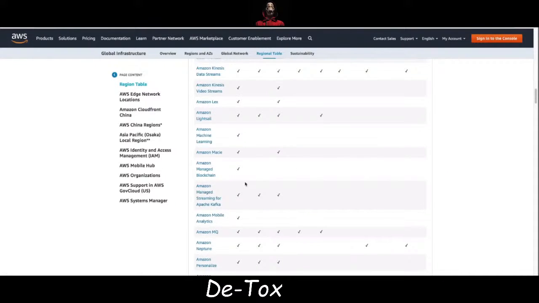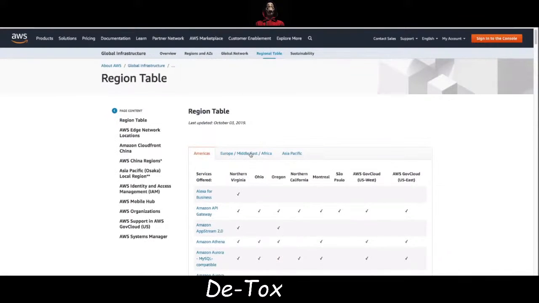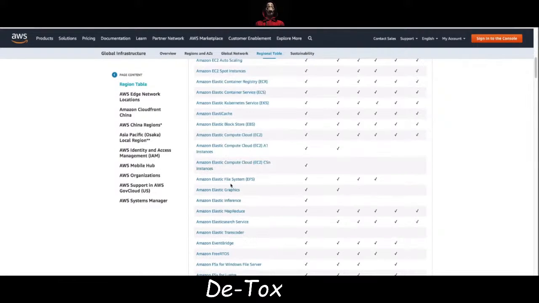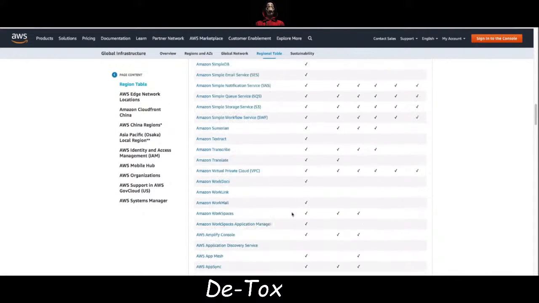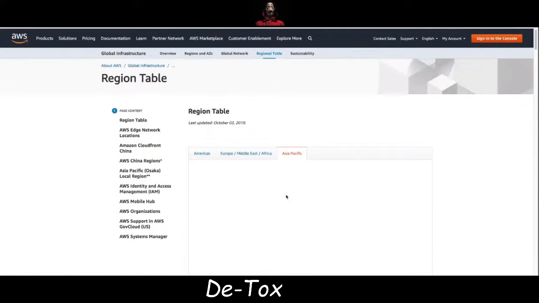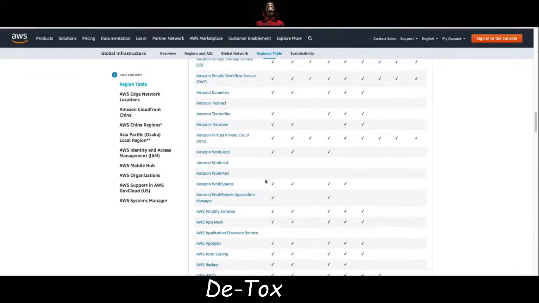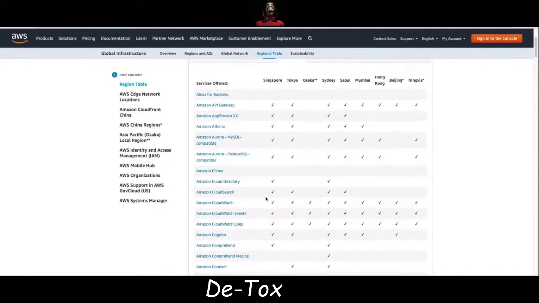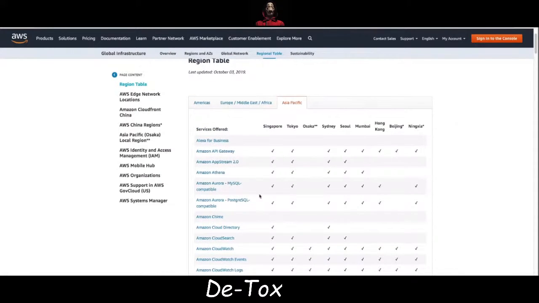And this is also broken up based on those geographical continents. So if I go here, you can see Ireland seems to be having all the ones in Europe. And then in Asia Pacific, it looks like, I guess, Singapore. Singapore looks like they have the majority of services there. Okay, so there you go. That is